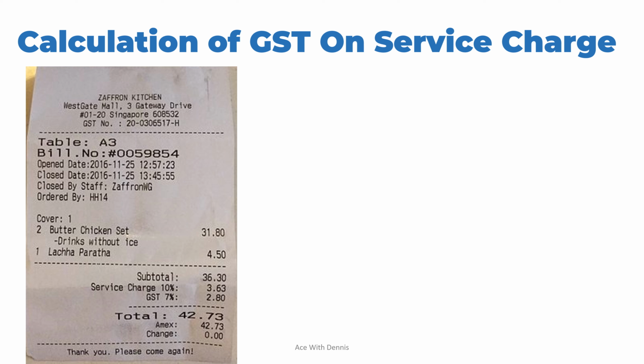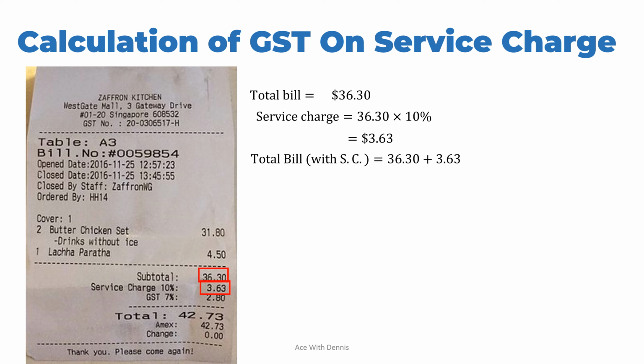Now, let's see this real life example. So we have this receipt here with the total bill of $36.30. So the service charge will be 10%, which is, for this case, $36.30 times 10%, and the value is $3.63. Now, we want to find the total bill with service charge. It is $36.30 plus $3.63, which is